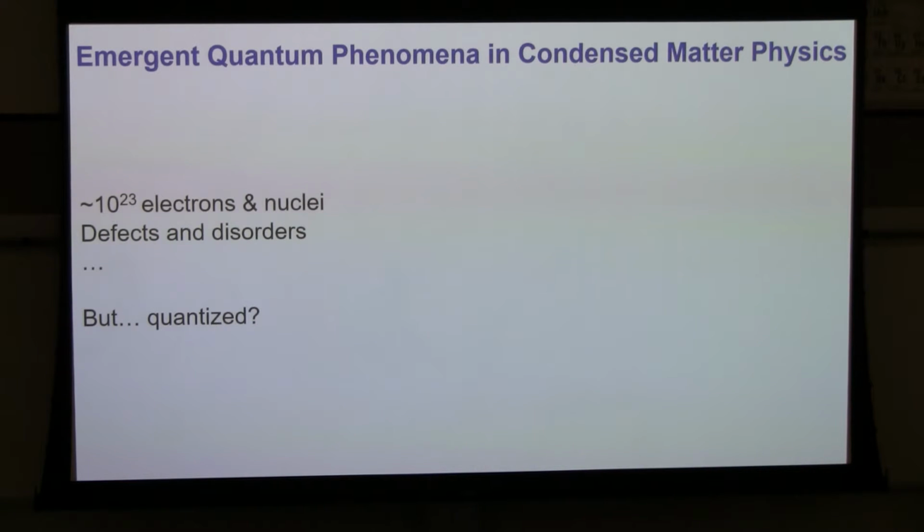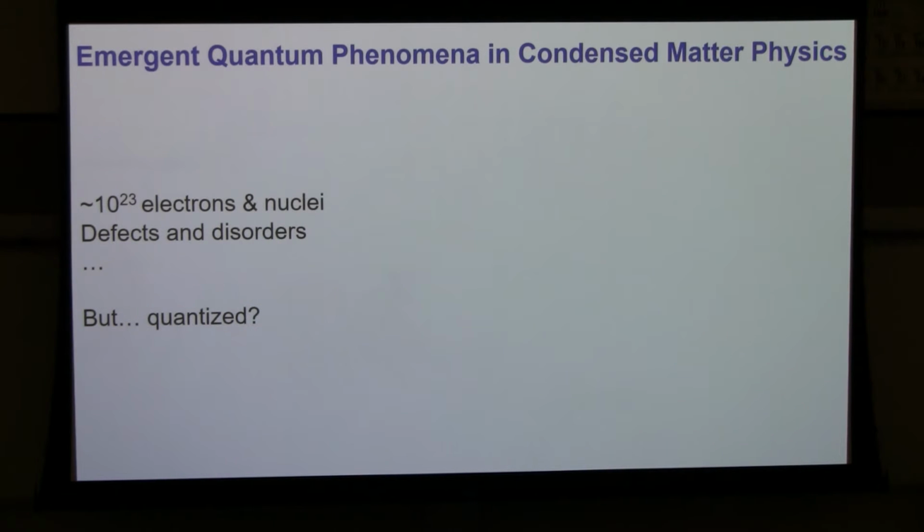We're condensed matter physicists, right? And the most interesting thing that we now ask ourselves is: given these elementary particles that are there, what happens when you put them together in certain structures like a crystal? There are an astronomical number of particles involved, and they are full of defects and disorders in any material that you can possibly assemble. But there are phenomena that are really amazing, that you can observe macroscopically and are super robust, and they tell you there's some guiding principle that you need to learn from condensed matter physics.